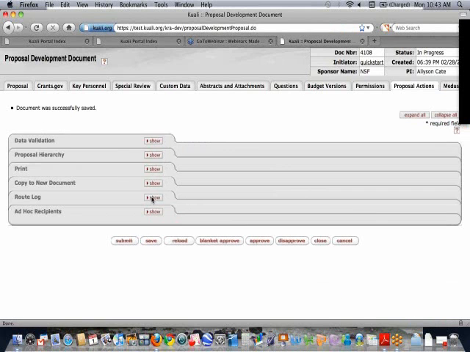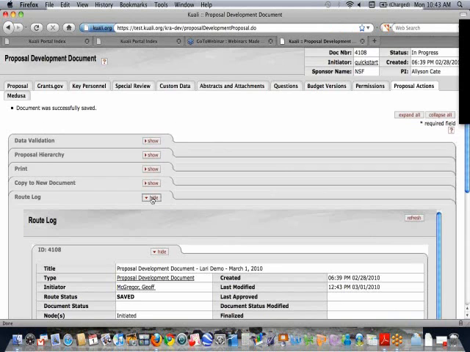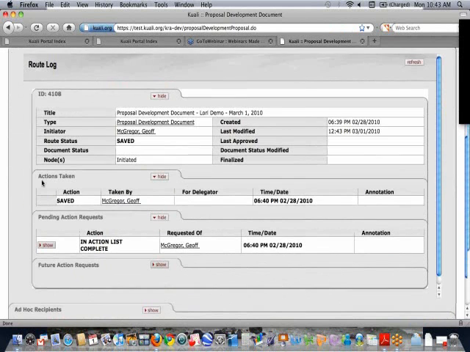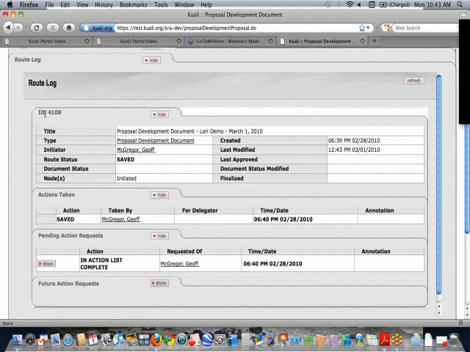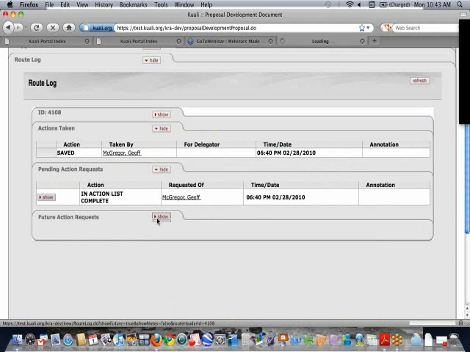The route log and ad hoc recipients are really all about workflow. So the route log gives you some basic information about the proposal, when it was started and who it was started by, when it was created and the last time it was modified. It also gives you some additional information about the status of the proposal, both current status and what's going to happen next. So actions taken,